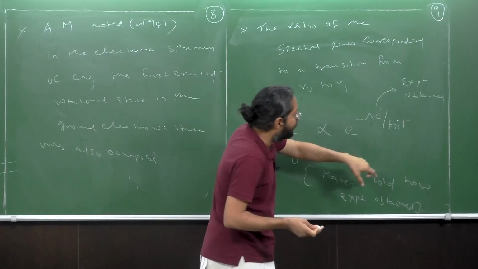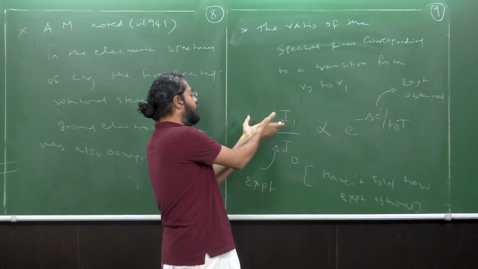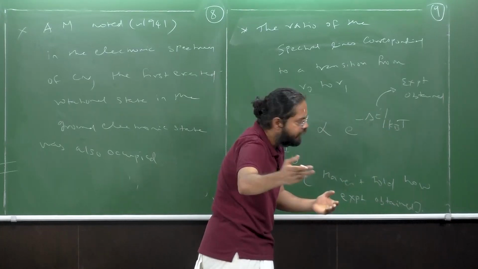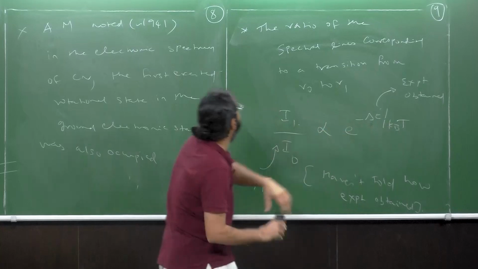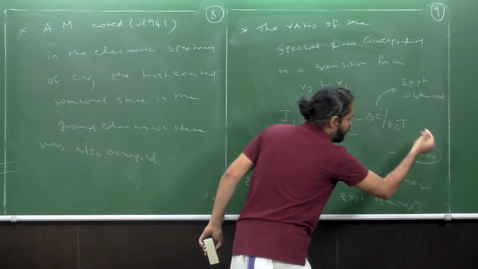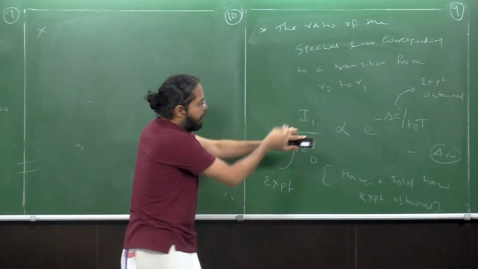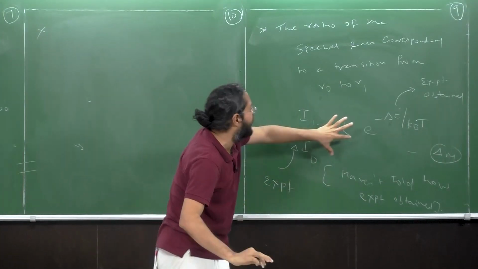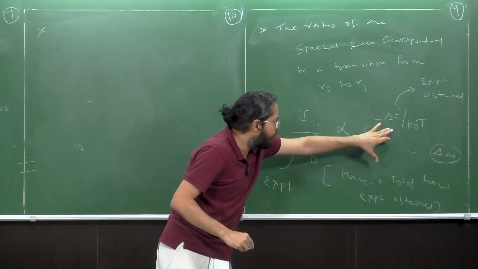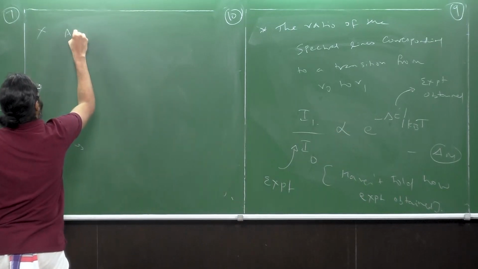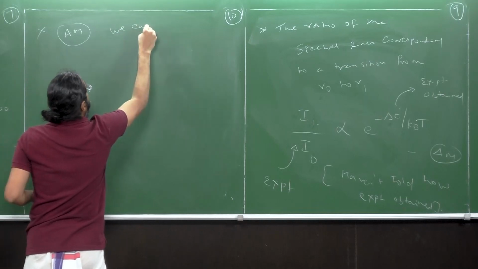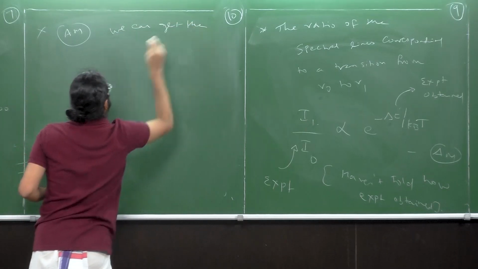So based on this expression, this is experimentally obtained. This is experimentally obtained. This term kB, we know it's a constant. Based on this, he could measure T. I'm just calling this expression AM in honor of Andrew McKellar. Based on this information and some constants involving the degeneracies, etc., based on equation AM, we can get the